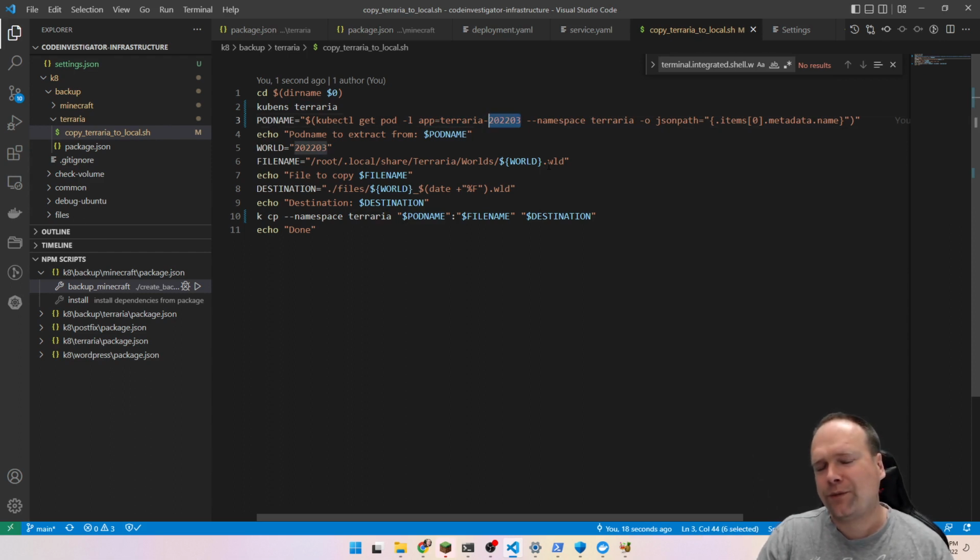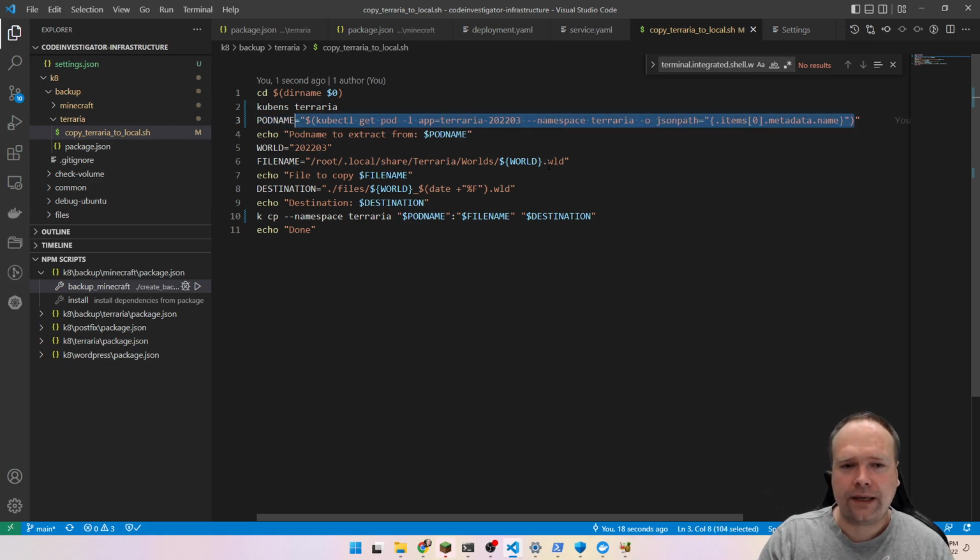I should use my imagination with the naming instead of just having a name like that. But that's okay. And then we write this minus namespace because then we're inside Terraria, and then I manipulate the output by picking up something from the JSON path. This means take something from the JSON path. Don't just give us all of it. Give us a small part of the JSON path and go for items 0. That means the first item that is returned. Give us metadata and give us the name, and that is exactly the pod name we will get when we